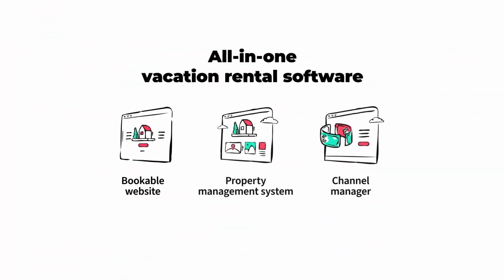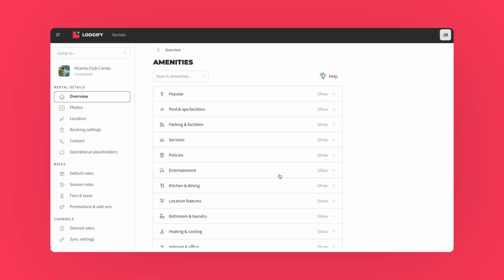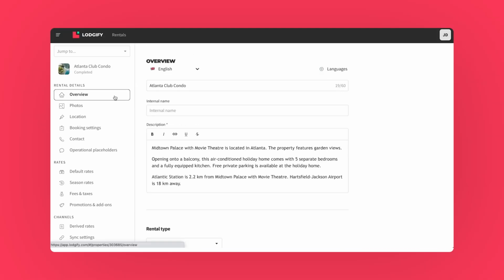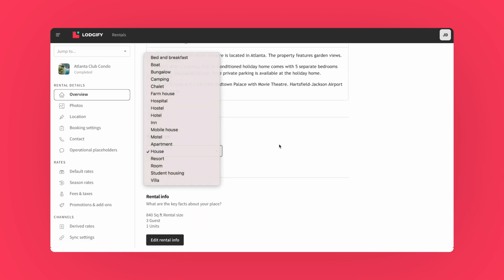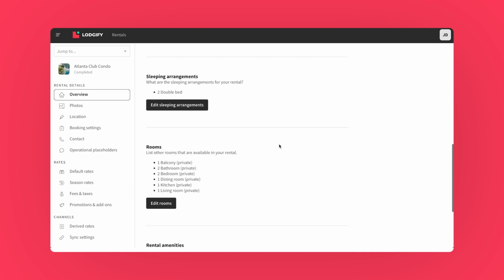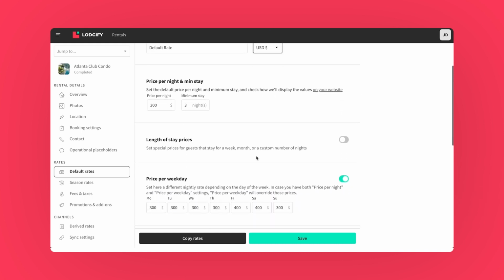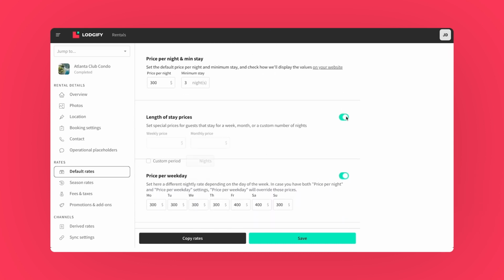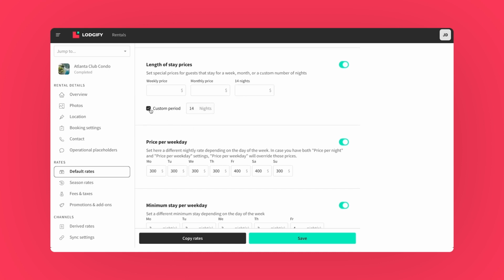Now let's check out Lodgify's rental management features. This is your main dashboard, where you'll see your properties. Each one will have its own rental information. You'll be able to edit the rental type, sleeping arrangements, rooms, and amenities. Here is where you can set up your default rates per property. But you can also set different nightly prices, minimum stays, lengths of stay, weekly or monthly prices, or even create